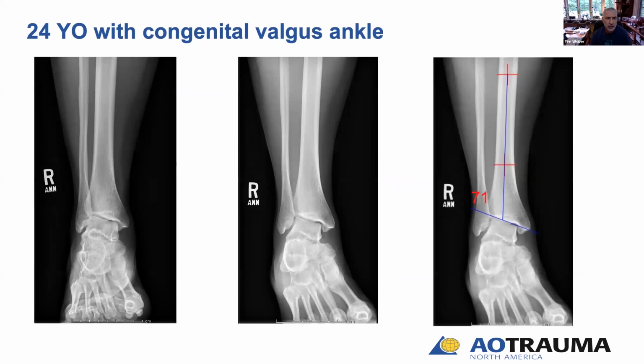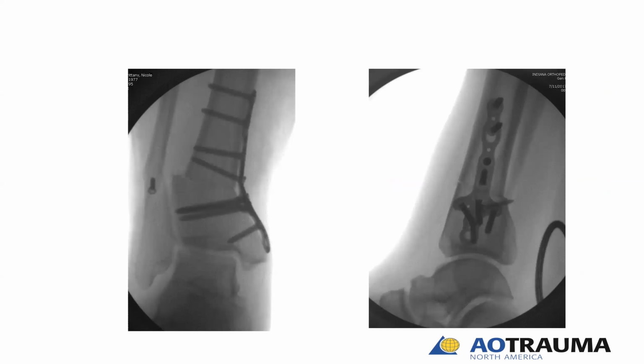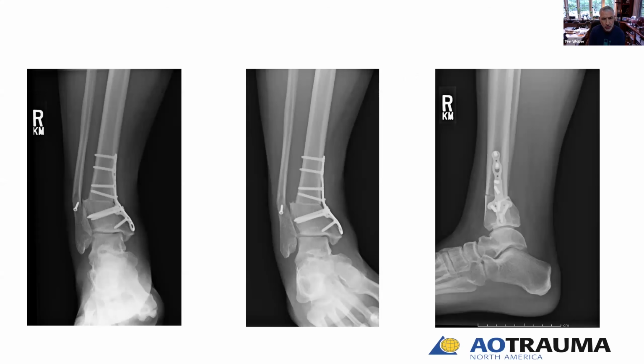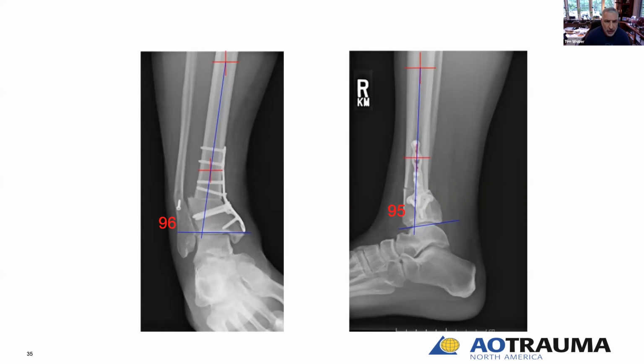Case number 3, this is a 24-year-old with congenital valgus ankle. So she has almost a 20-degree deformity here. This patient was initially treated by one of my partners who did a closing wedge osteotomy of her distal tibia. And this is his initial post-op x-rays here. And when we draw lines, we see that it was somewhat overcorrected,